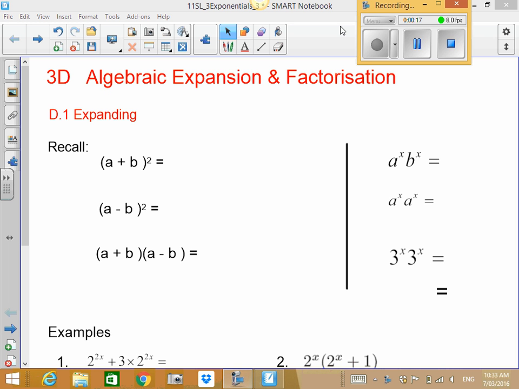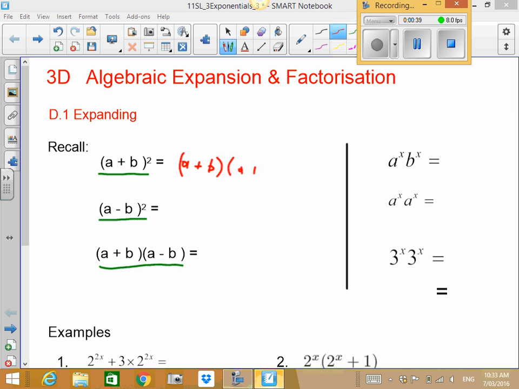Let's remember that when we have binomial products like (a plus b) all squared, (a minus b) all squared and (a plus b) times (a minus b), these can be simplified by writing, in the first case, (a plus b) times (a plus b). We can use the FOIL method to expand those brackets. So we have a times a, multiply the first terms together,